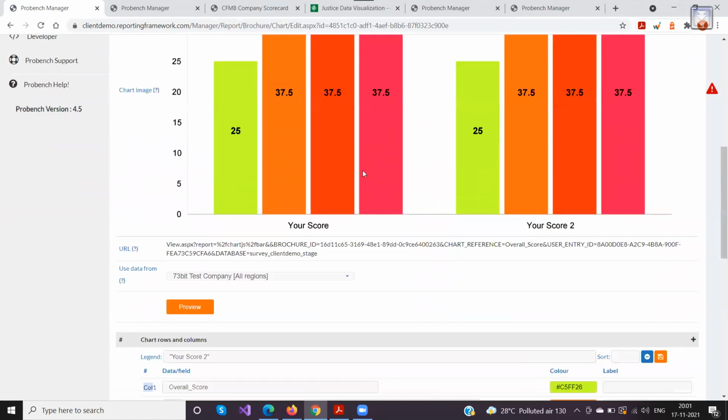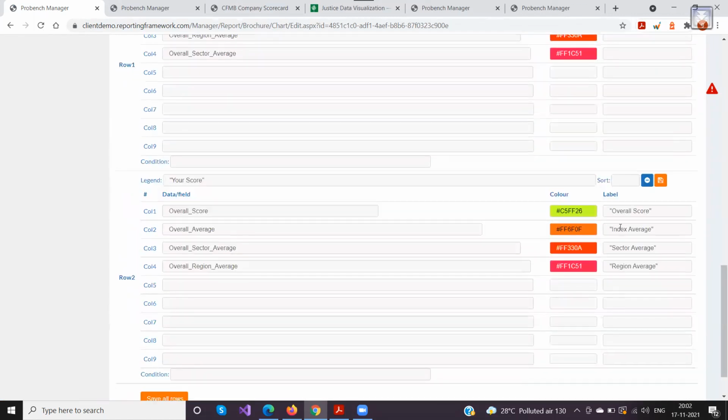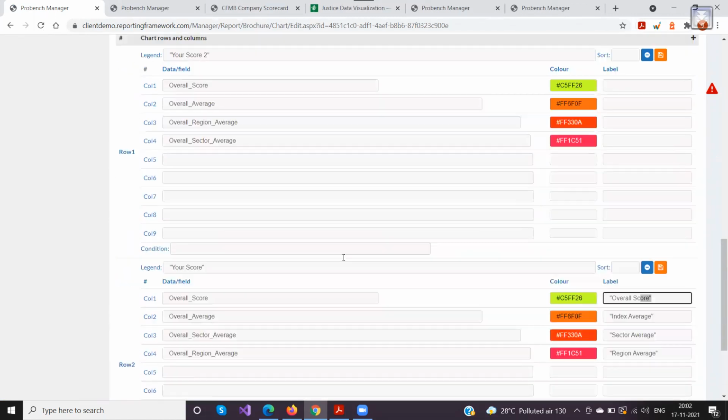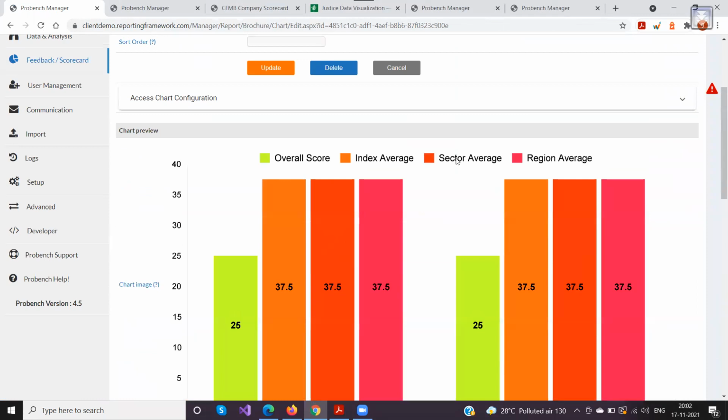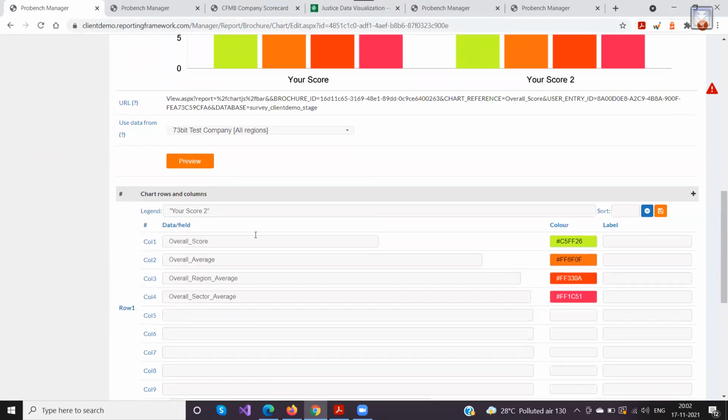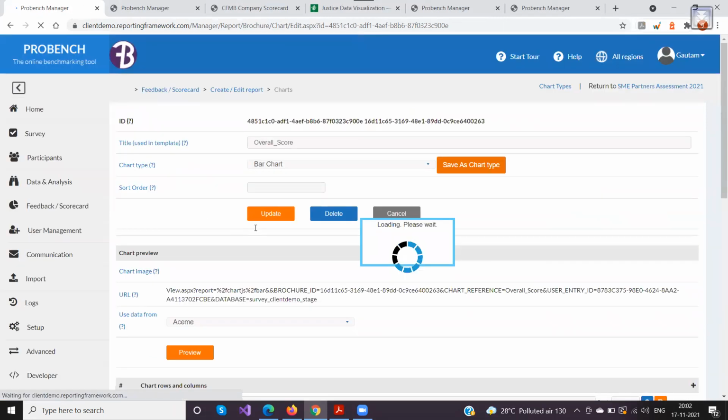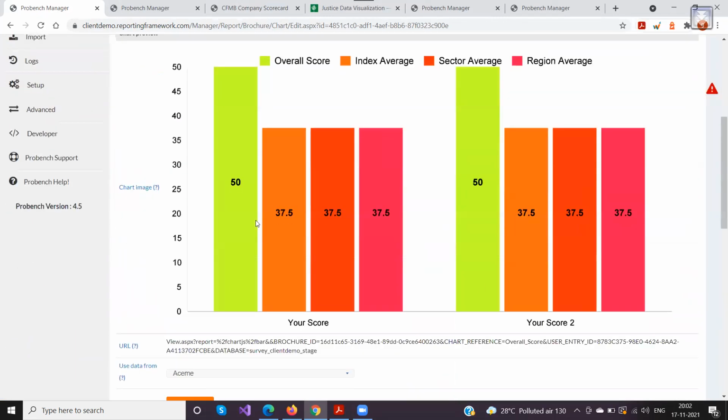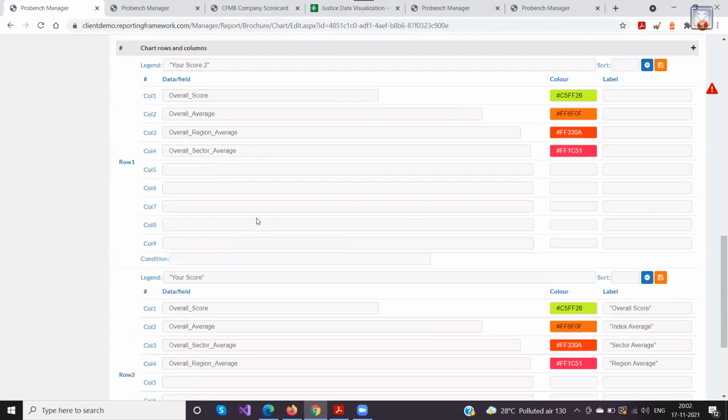The names that I put here as labels are the actual legends of the chart. Now you may have noticed you can have previews for whatever companies you want, and see if things are coming fine for different scenarios. That can be done here.